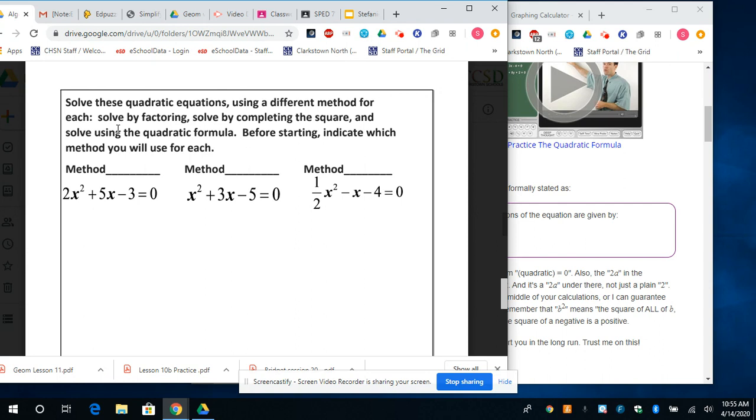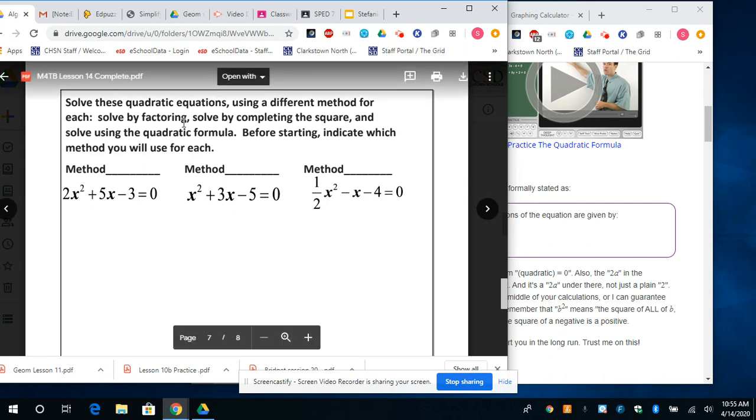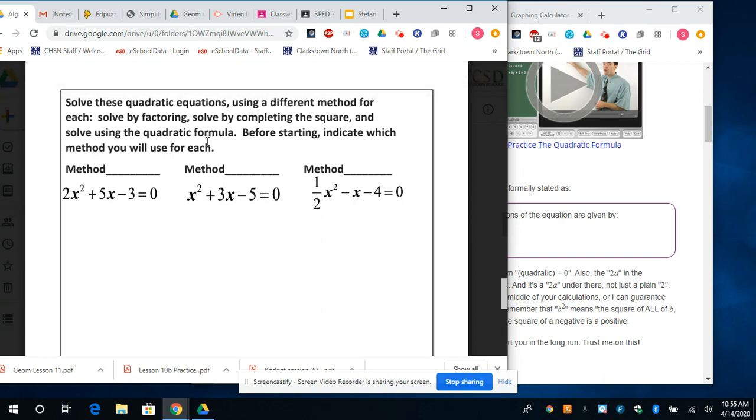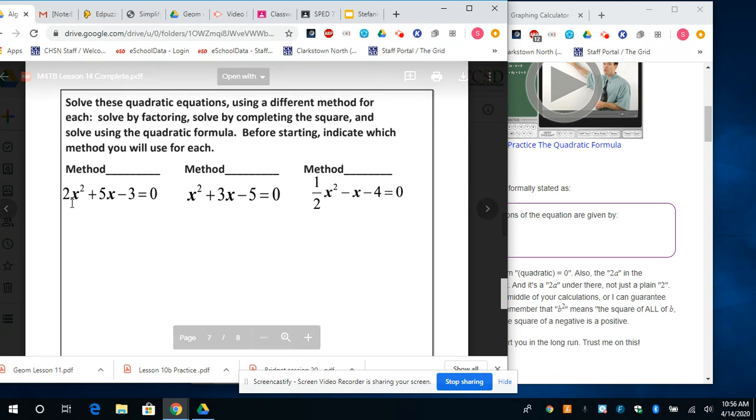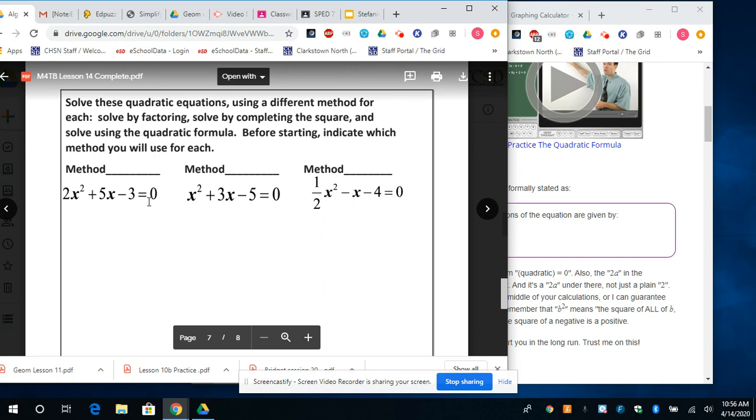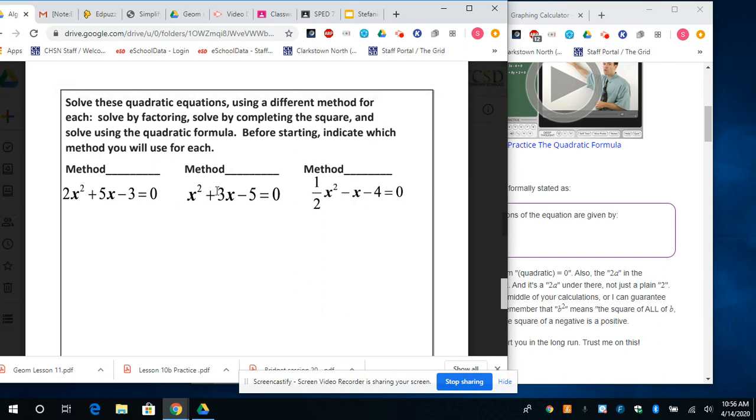You're going to do all three, but you're going to solve a different method for each. So you can do factoring, you can solve by completing the square, you can use the quadratic formula, you can do the AC method. So you're going to tell me what method you're using, and then you're going to find the x values. So maybe for this second problem,